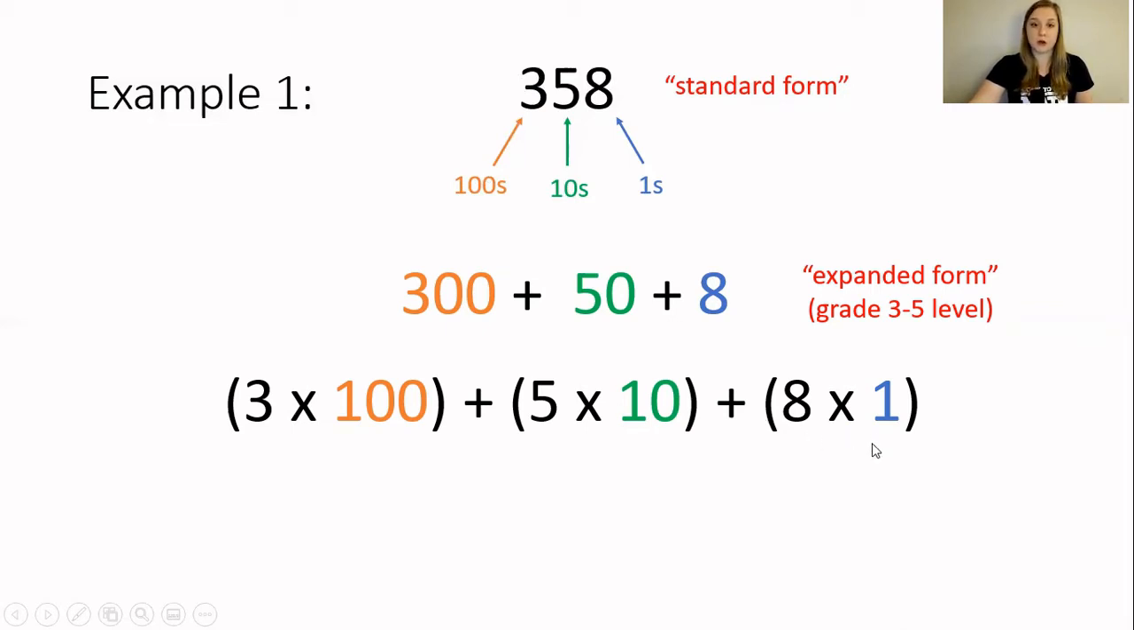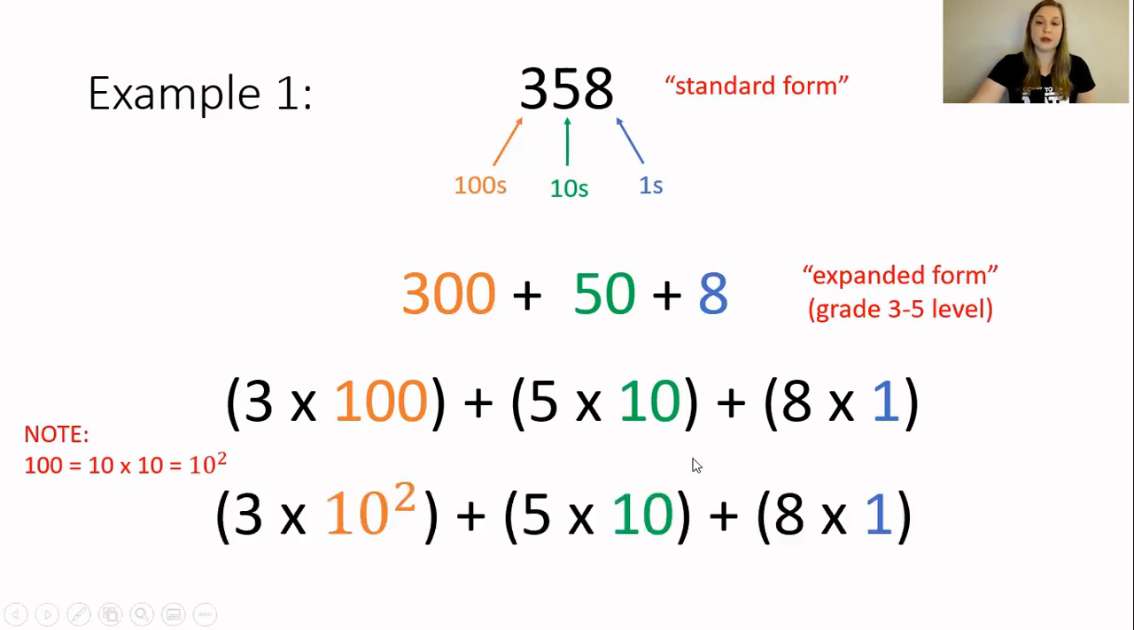However, this is not currently in powers of 10 as required by the grade 7 expectations. So now what we need to do is take our 100, our 10, and our 1 and express these in terms of powers of 10. So we know that 100 is 10 times 10, and we can express that using exponents as 10 squared, or 10 to the power of 2. And we can show then that our next step, which is our final answer, is 3 times 10 squared, where